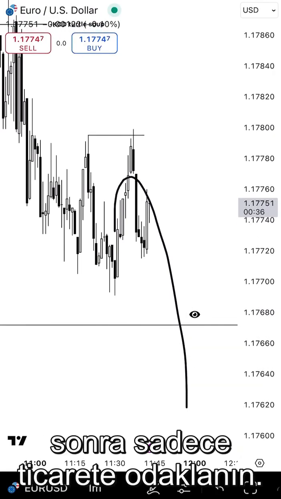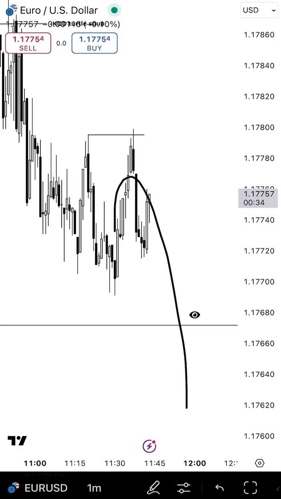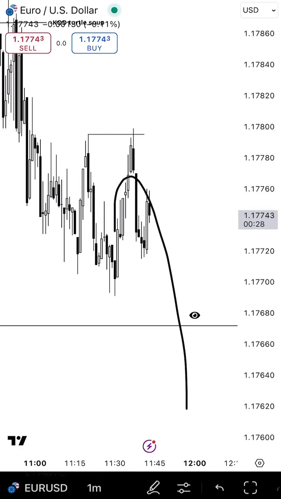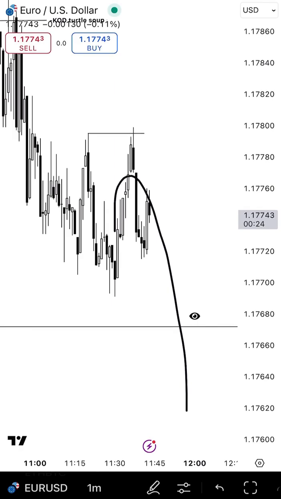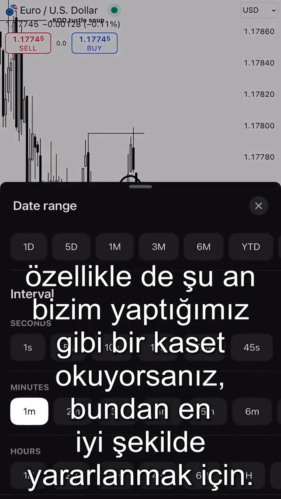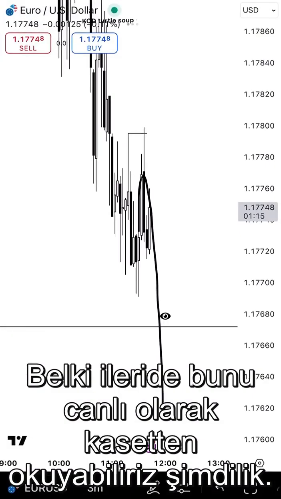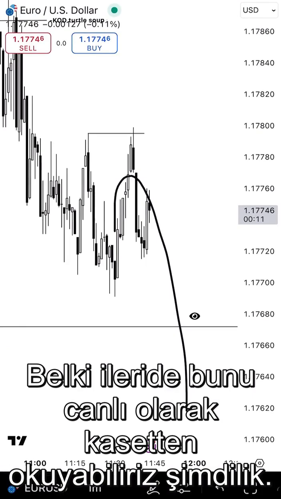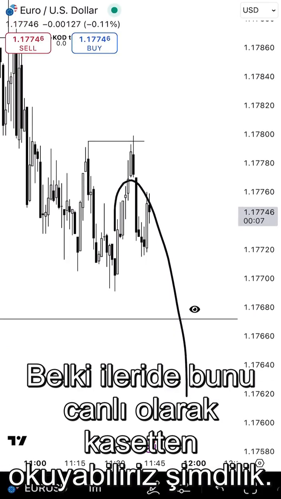When you're trading, focus solely on trading, to make the most out of it. Especially if you're tape reading, as we are right now. Perhaps in the future we can live tape read. But for now,